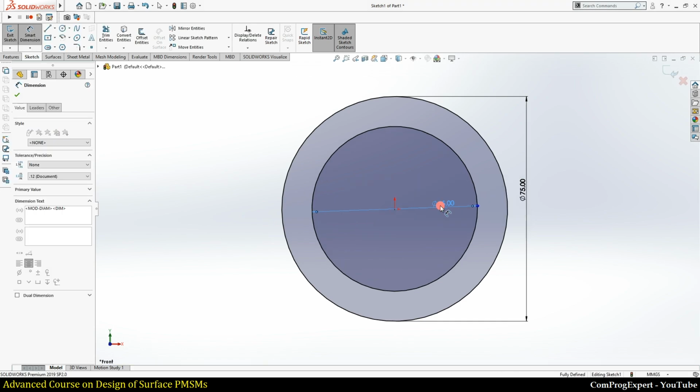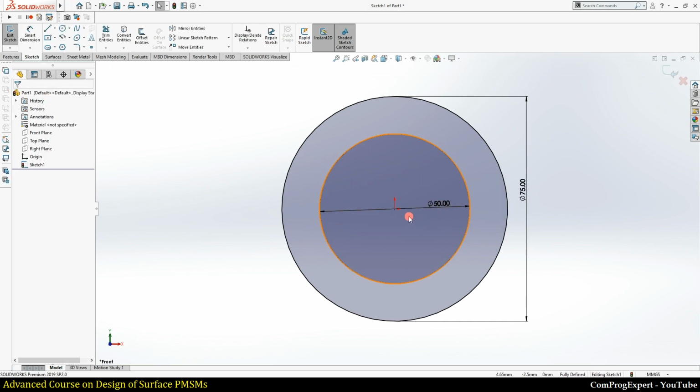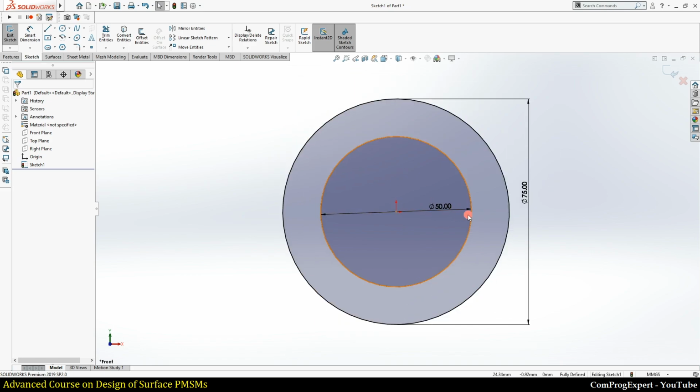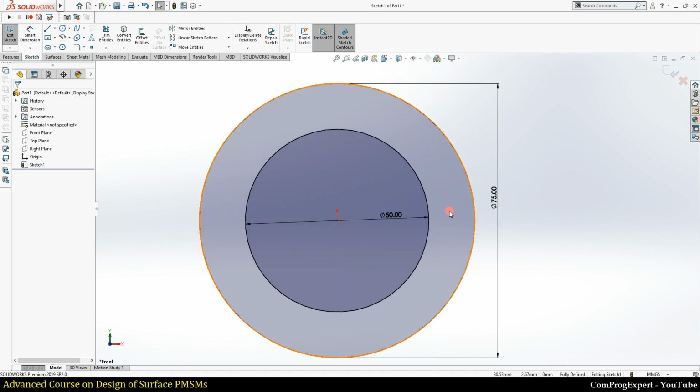Okay, so equal to 50. Let me reduce it. This is just for visualization, right? So we need to size the stator core and do the design to find the right numbers.